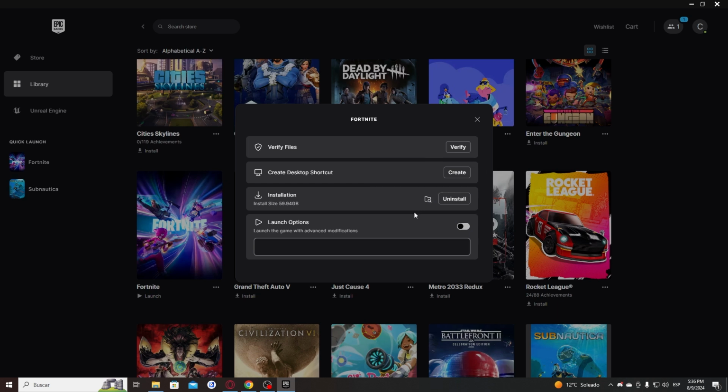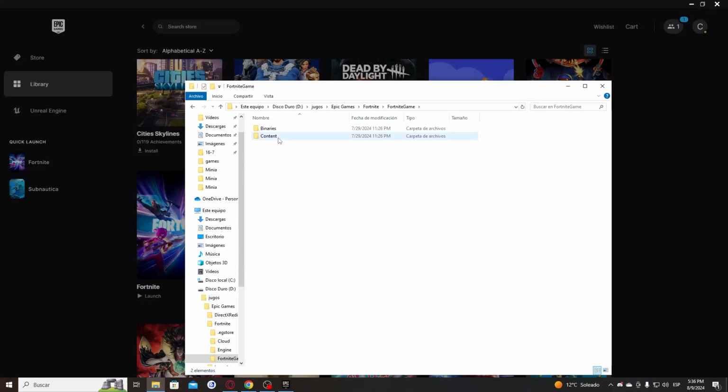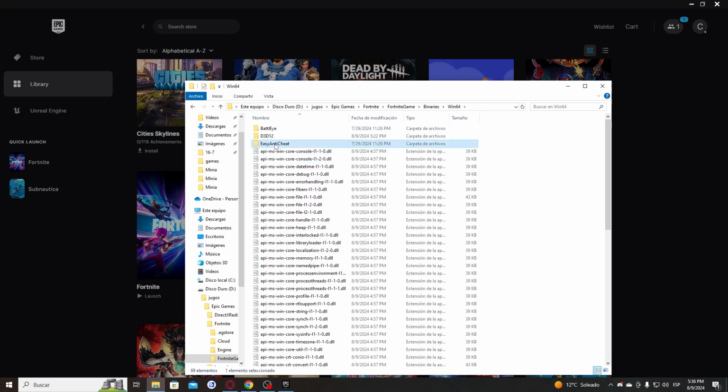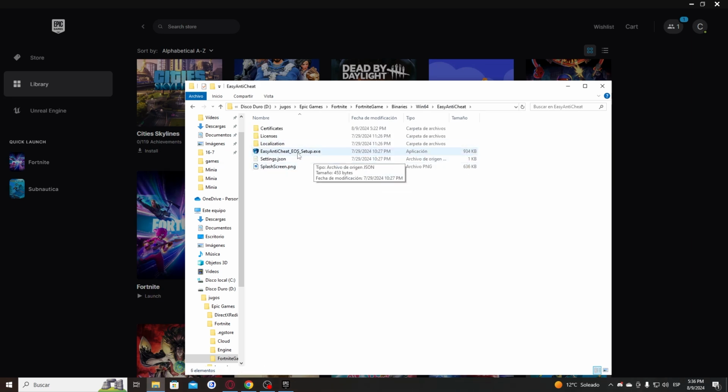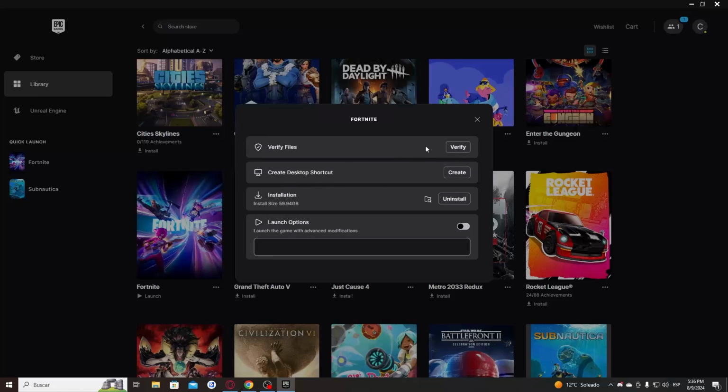Location icon. So you press it and then you have to press Fortnite Game, binaries, Win64, and go to Easy Anti-Cheat. So here you will find Easy Anti-Cheat EOS setup. You will double click and it will begin to install the Easy Anti-Cheat again. When it finishes, you have to restart your PC, but if this was not enough, you have to go back